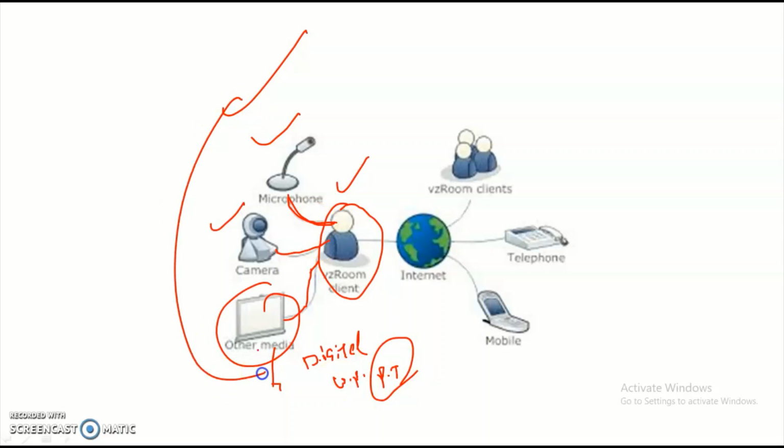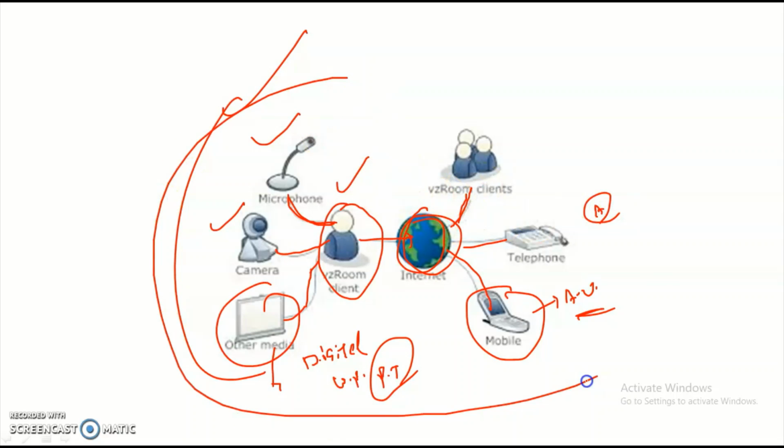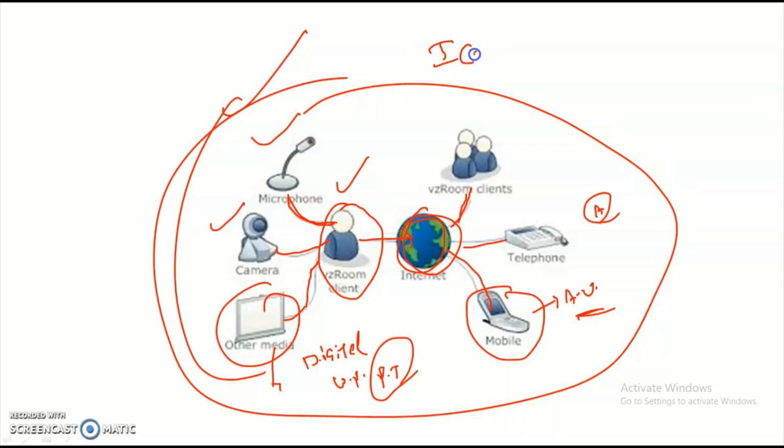So with the help of any of these things, I make a video and put it on YouTube, that is, on the internet. And then the candidates can avail it by using mobile phones. On mobile phones, we can get both audio and visual. On telephones, only audio, and so many other clients also utilize this, right? So anyhow, this complete thing will give you one picture regarding information and communication technology oriented teaching, right?